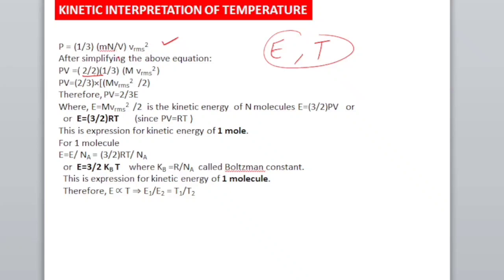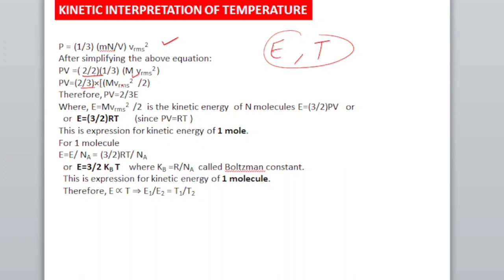This mn is the total mass of the molecules. And you take V this side, so PV equal to 2 by 3 in bracket, and here half